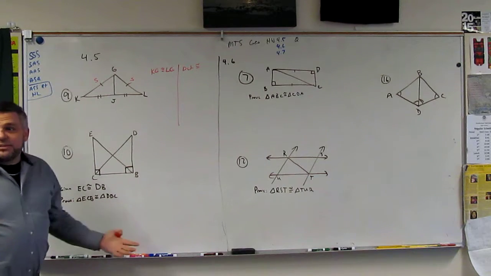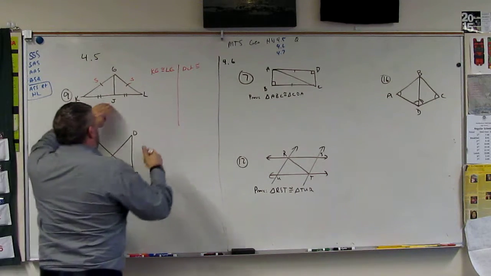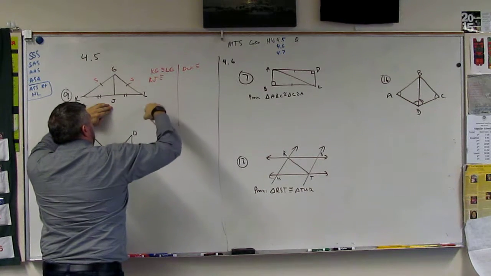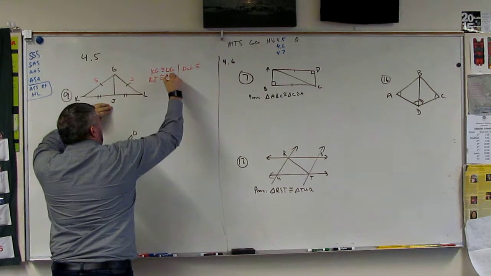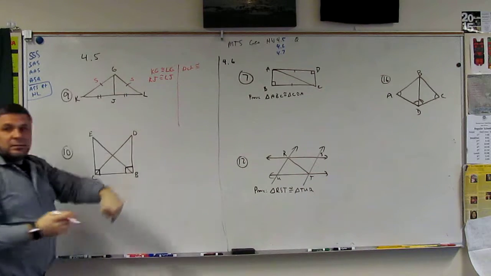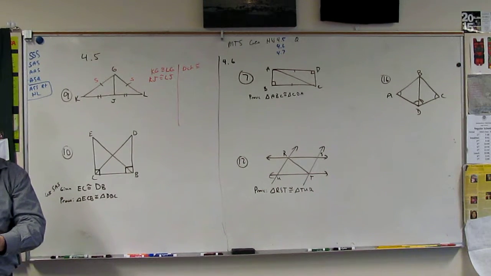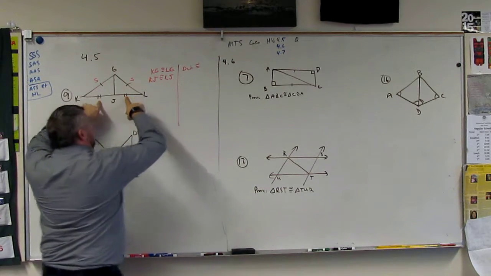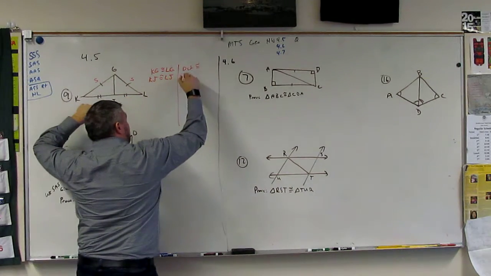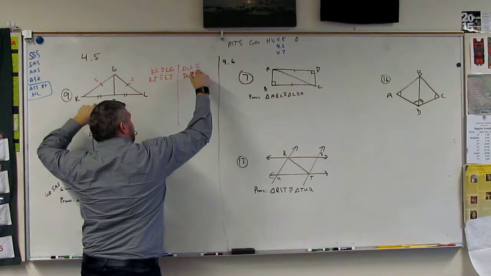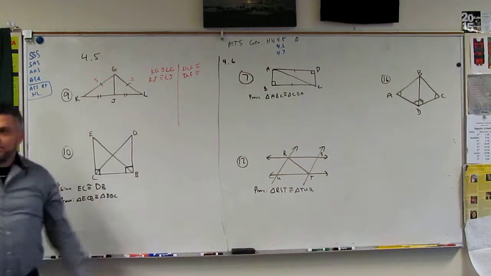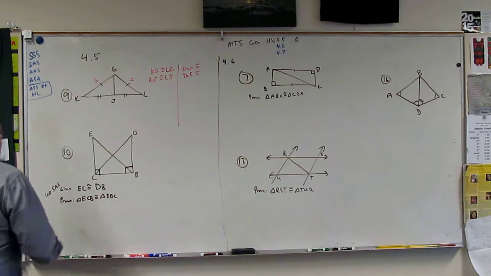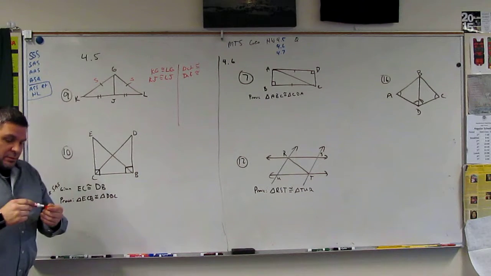In the same aspect, wouldn't KJ be congruent to LJ? Right? Definition of congruency. Because they're congruent. So anytime you say because, we're going to say definition of congruency. So the next step,